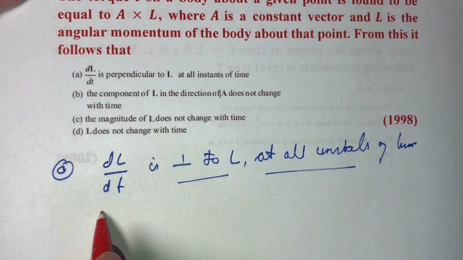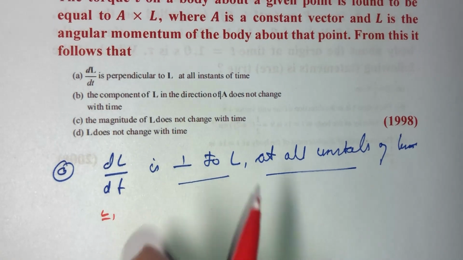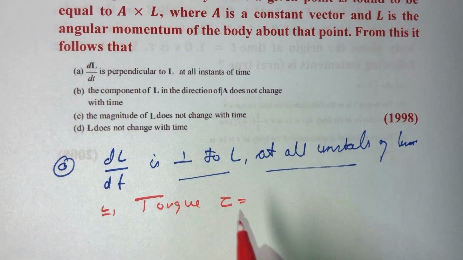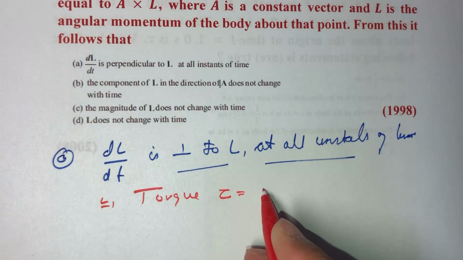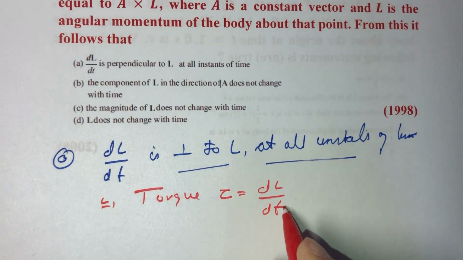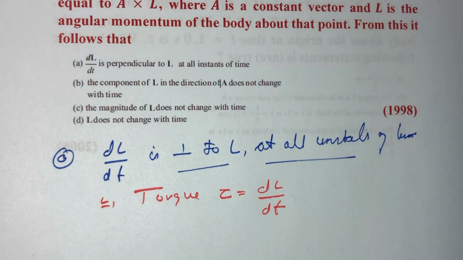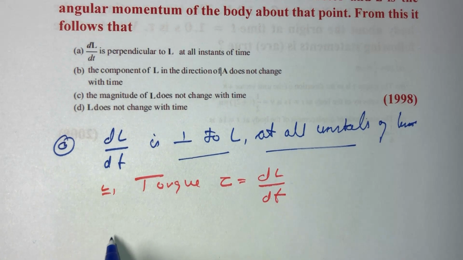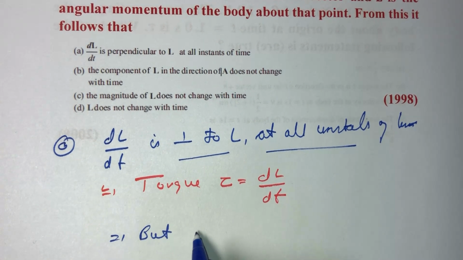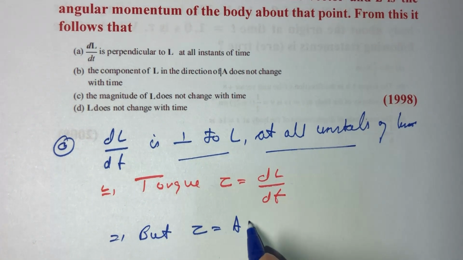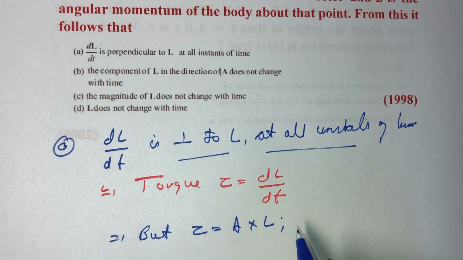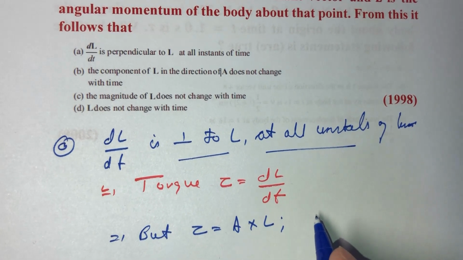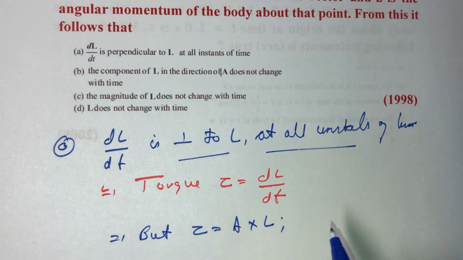So we know that the torque tau can also be given as the derivative of the angular momentum with respect to time t. And in the given question, the torque is given as A cross L. So from here we can say that the direction of the torque, that is dL upon dt,